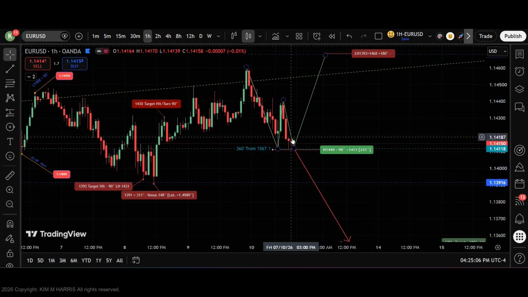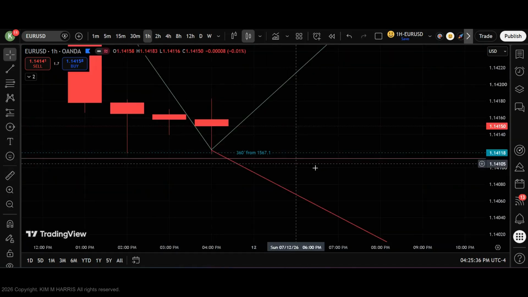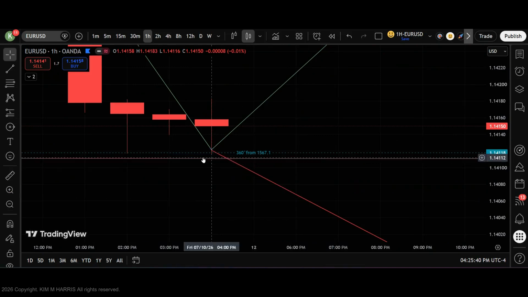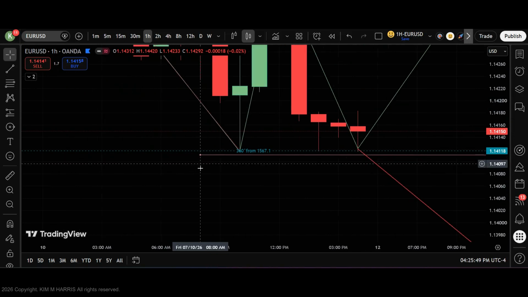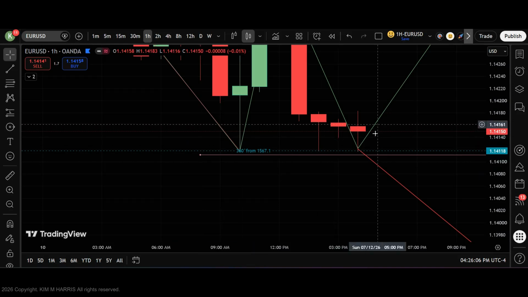It's close enough because this first touch point actually did hit 1411.7, which is a millisecond fraction. It was at 1411.8 on the other chart, remember? And so it's 1411.7 now. I would say that's an exact hit, exact bounce. It came and tested that level again. So let me make this a little bit bigger so you can see this little area right here. Look, see, it hasn't actually touched my target, which I am waiting for, because that's the true square out for the calculation that I did. But this is close enough for me to say maybe there could be another candle that will bounce exactly off